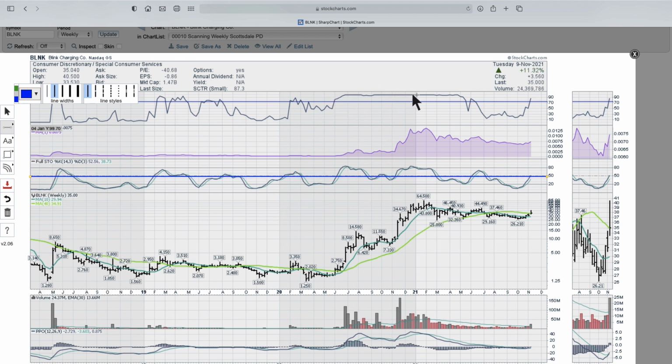And you can see the scooter ranking here did really, really well for a whole year, basically from June of 2020 all the way through to June of 2021. But we all can see that the stock topped in the middle here. I'm going to talk about that. I actually find the scooter ranking is better as a buy signal than a sell signal, but still it gives you an idea when the stock is outperforming everything else, it's going to be rated at 99.9 or above 90%. And when it's rated that strongly,